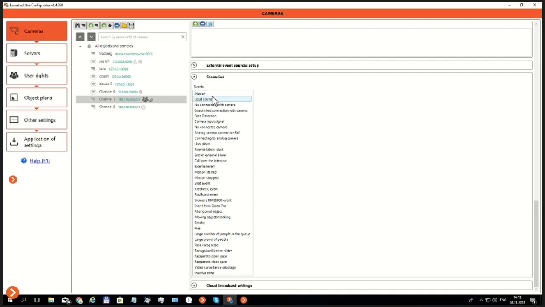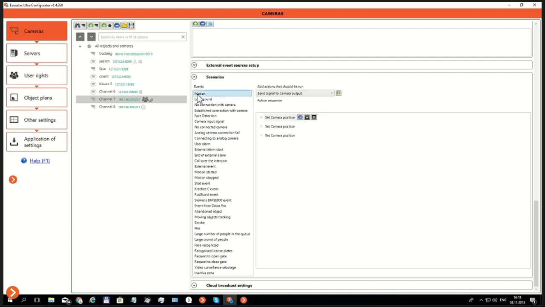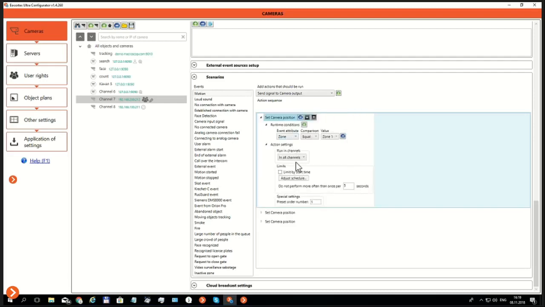So here are three actions. The first one, set camera position. So if we have a PTZ camera, we can set it up for the motion detector. So if motion was detected in one of the zones, for example, if motion was detected in zone number, the camera, let's check it. So action settings, run in channel, select the 8th channel, it's a PTZ camera,